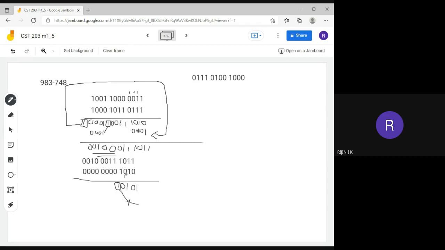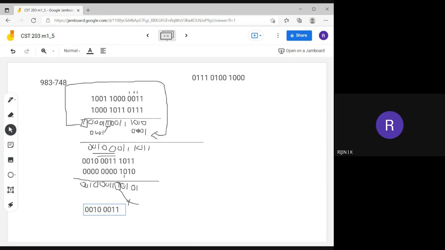Okay, then next 1 plus 0 is 1, 1 plus 0 is 1, 0 plus 0 is 0, 0 plus 0 is 0. Here also 0 1 0 0. Okay, that means this is the final result we got, that is 0 0 1 0 0 0 1 1.